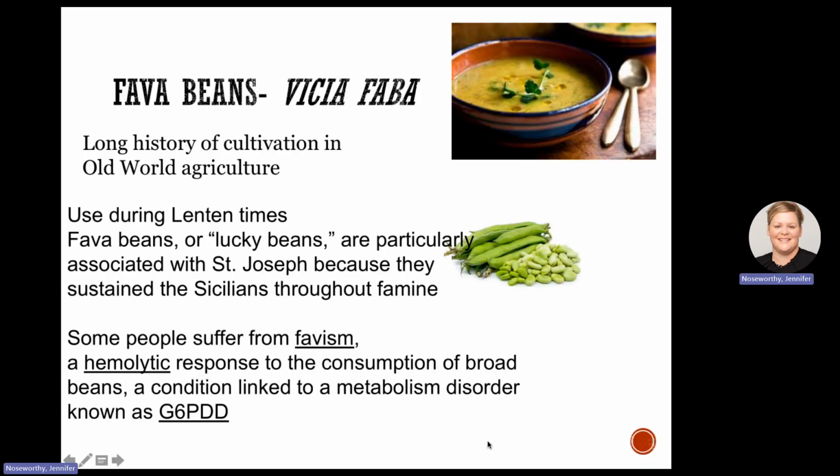Fava beans is one that you may or may not have come across yet. Vicia faba, you might have heard it in certain horror movies, like "I'll have the fava beans with a..." is one of the connotations to this bean, and it's not commonly found in the fresh form.